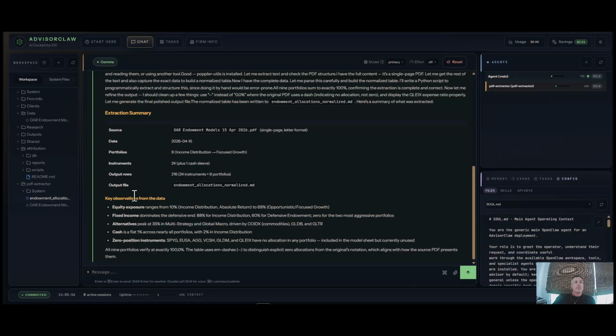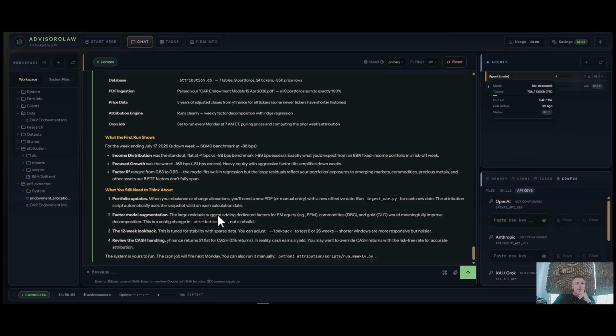All right, so let's go back to the main agent. Okay, great. I had a dedicated agent extract the information from the PDF and put it into normalized relational format